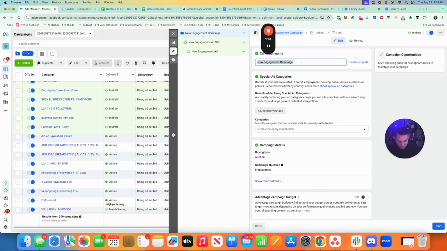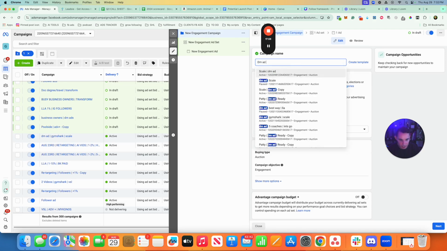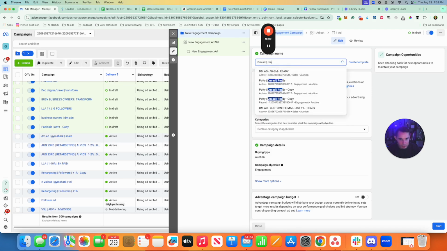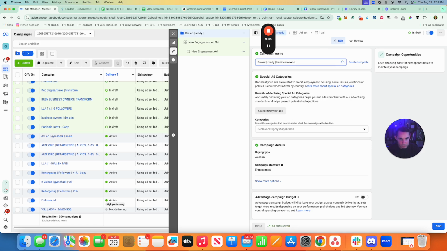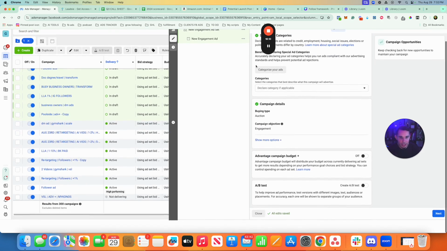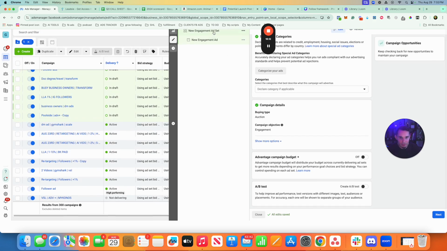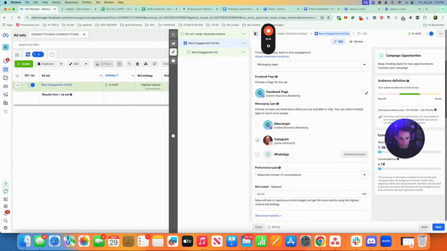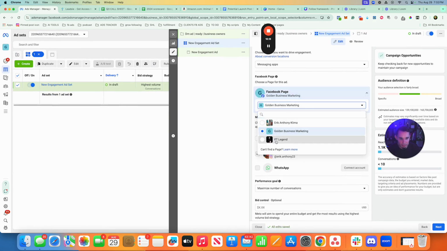Make sure you name these ads. I'm not going to go too in depth about it, but DM ad, and let's say the call to action is ready, and then the targeting is, we'll say business owners, just to make it easy, okay? We can keep it pretty simple. You're going to scroll down. You're going to go to the ad set level, and then you're going to make sure you just click on Instagram. Mine is